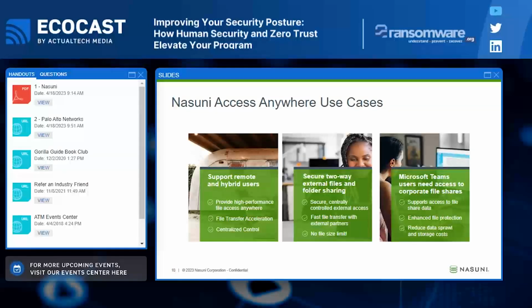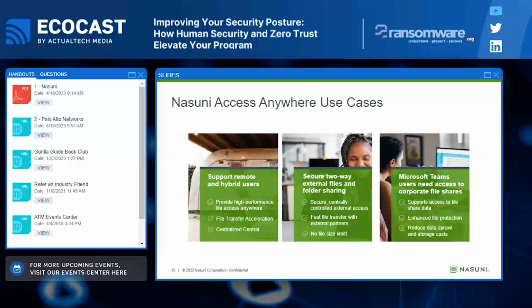And so Access Anywhere is an add-on service to the platform that's basically focused on productivity tools for organizations, which most have right now, a ton of hybrid and remote users and project teams, that allows them to synchronize, manage, search, and access files from anywhere. Hence the name Access Anywhere.